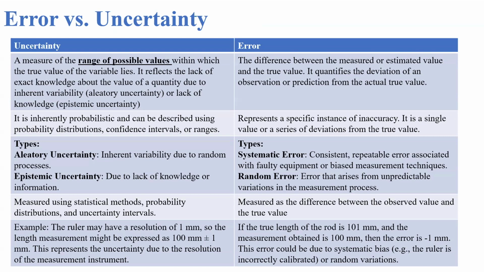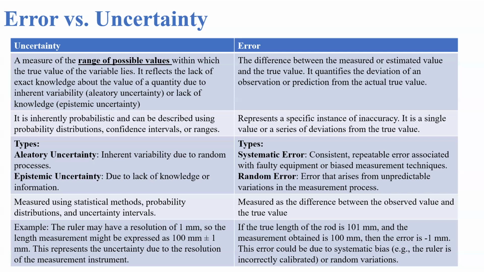It reflects the lack of exact knowledge about the value of a quantity due to inherent variability or lack of knowledge. Uncertainty is inherently probabilistic and can be described using probability distributions, confidence intervals, ranges, and standard deviation. However, error is a specific instance of inaccuracy. It is a single value, and there are different types of